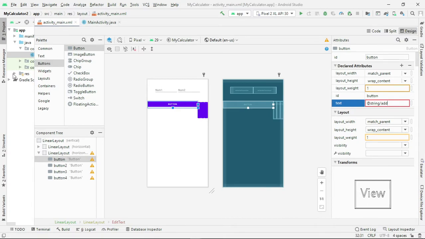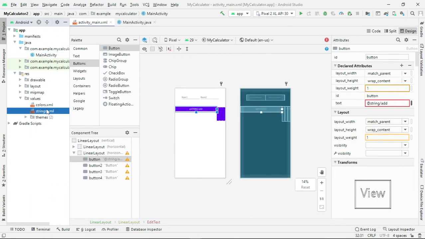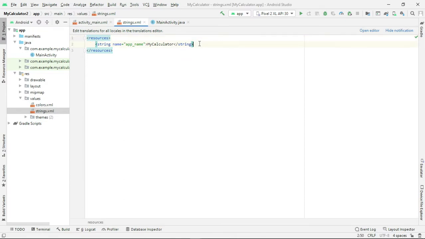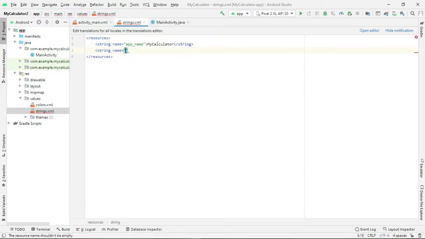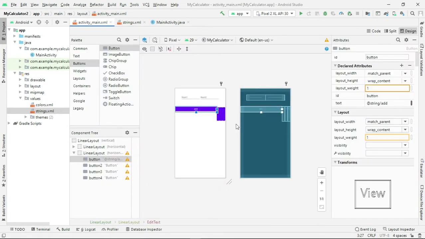Let me go to res, values, string.xml, and we can add the add button string. Fine.